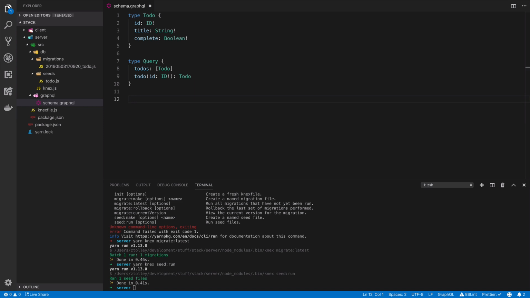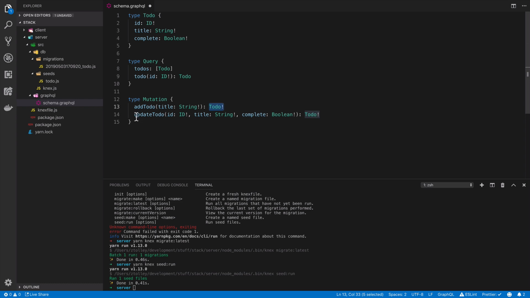Mutations let you change things. So within the schema you have the mutation type, which is where you define all the different ways you want to edit information. In this case I have defined a mutation to add to-do. So it's like a function signature. I'm saying there's a mutation function called add to-do. It expects a title, and again it's a required field, and it will always return back a to-do object when